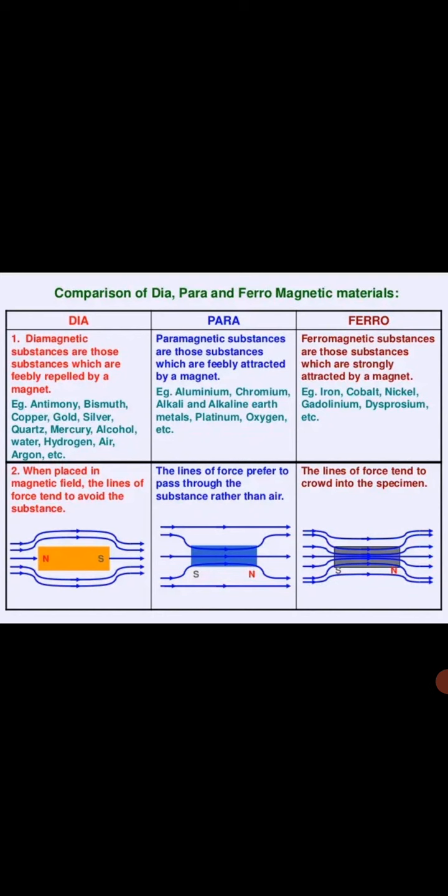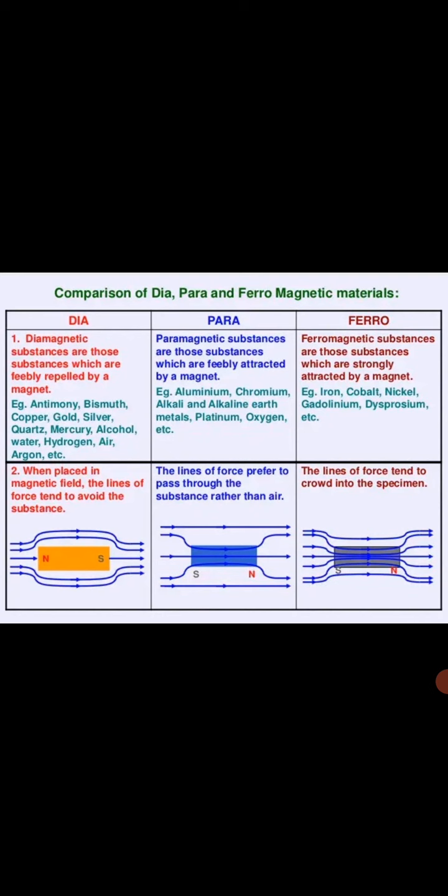As you are observing in the diagram below, when the diamagnetic substance is placed in the external magnetic field, it is feebly repelled by the magnet. Means no magnetic field lines, or very few, pass through it. Lines of force prefer to pass through the surrounding air in this condition than to pass through the diamagnetic material. That means lines of force get repelled or expelled. So this is the diagram of the diamagnetic substance in the external magnetic field.